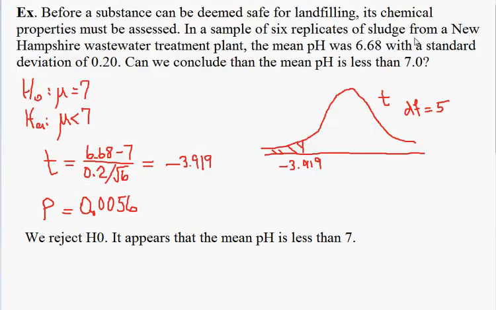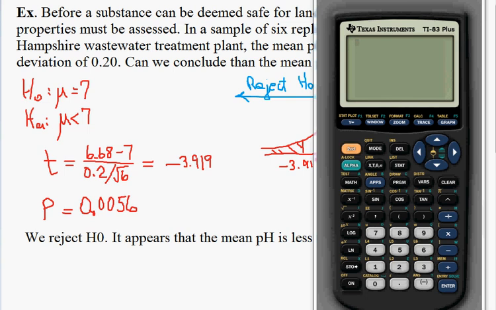So the critical value would have been about over here at negative 2.01 or so. And on this side, we reject the null hypothesis, whereas on the other side, we retain the null hypothesis. And so the decision we make is consistent with the decision that we would have made using the critical value method. One other observation that I'd like to make is that the technology will actually do this kind of test,